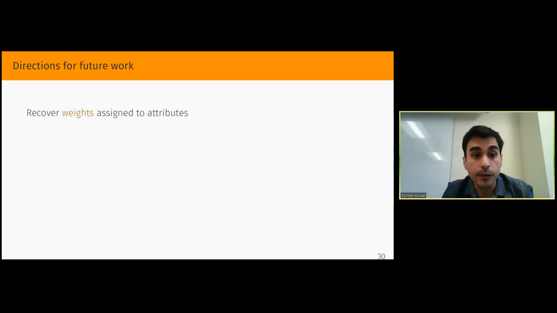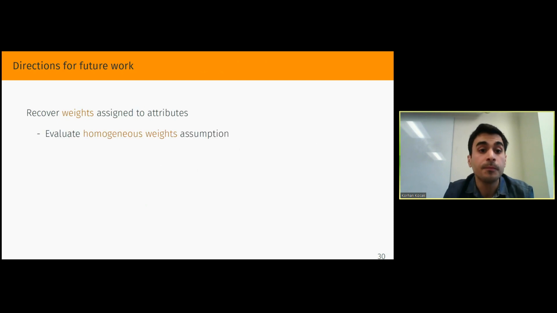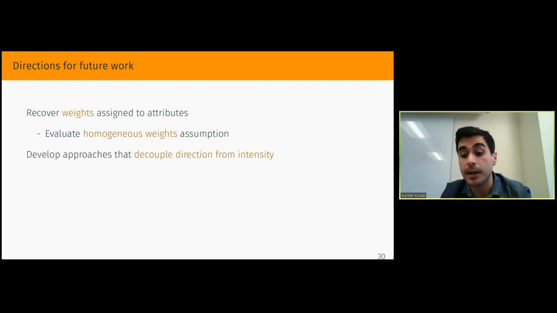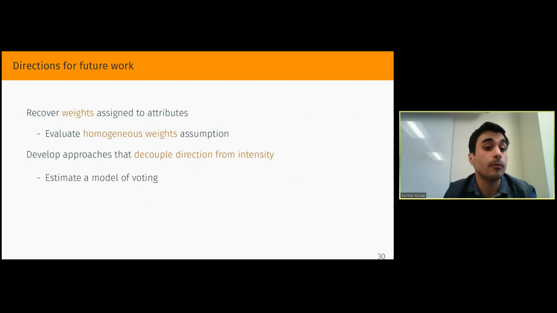I think an obvious next step is to come up with methods that recover weights assigned to attributes, which would allow us to evaluate the homogeneous or uncorrelated weights assumptions, under which we know that the AMCE is a much more powerful tool. Another next step is to develop some approaches that decouple preference direction from intensity. For example, writing down a model of voting and estimating its parameters, and therefore uncovering some marginal willingness to pay